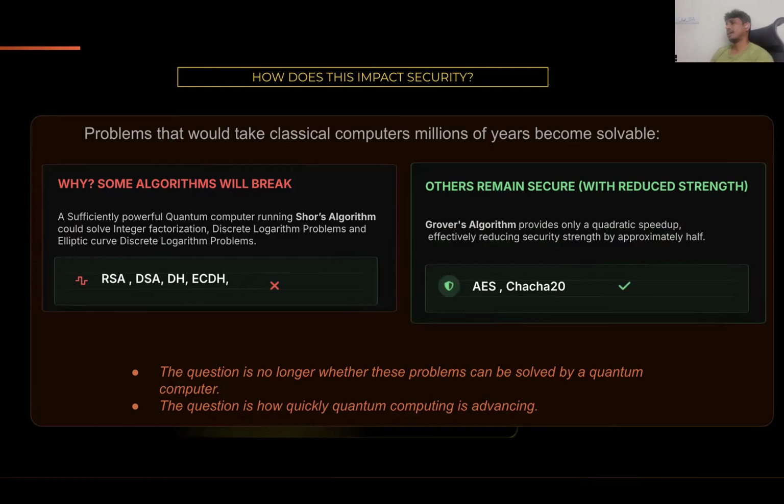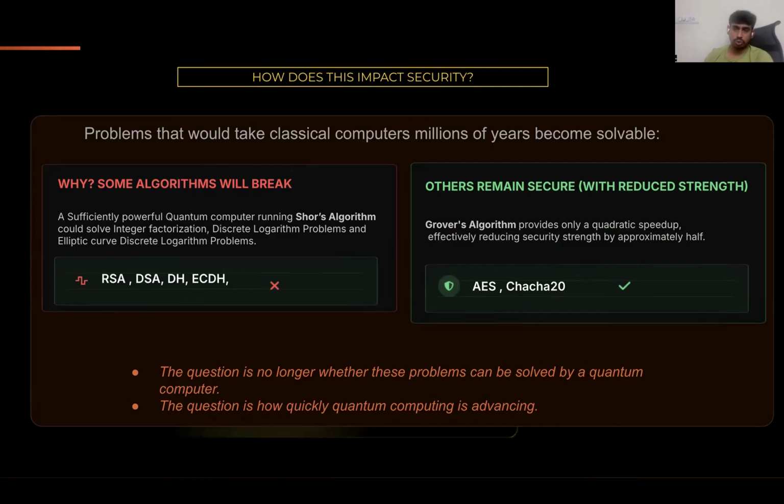That still cannot be broken, even though there is Grover's algorithm, which can increase the speed of trying to break the symmetric key, but it only reduces the strength. For example, if you are using AES 256 with a quantum computer, the strength reduces to AES 128 bits. It is still pretty powerful, not that bad, but it's recommended to use AES 256 because if you use AES